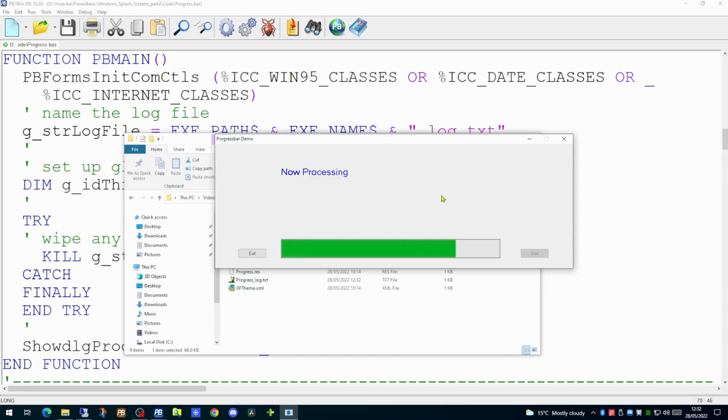So what we've achieved using this threaded function is allowing the user to have full control of the dialog, even while something else is processing in the background. This is a good mechanism to allow the user to get feedback on what your application is actually doing, even while the user is possibly doing something else in the application. And will of course avoid any non-responding messages to the user.